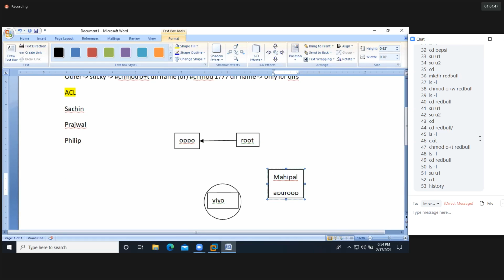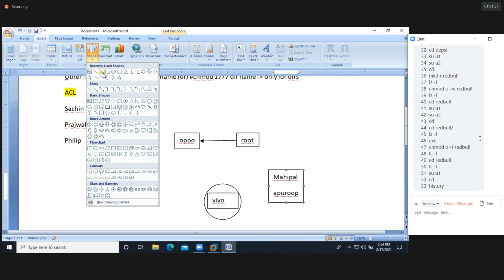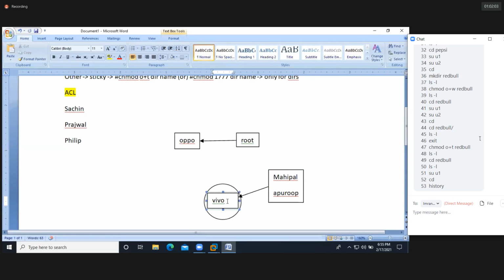Okay. So Apru and Mahipal both are members of the Vivo group. Clear? This is the Vivo group. So G means group, guys. So there's a Vivo group, and the group members are Mahipal and Apru.